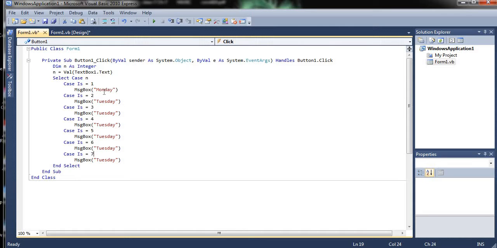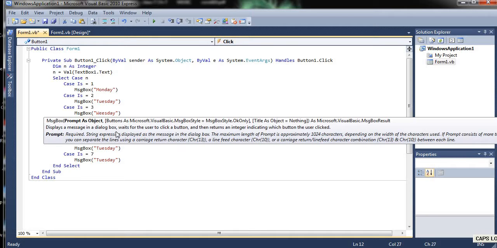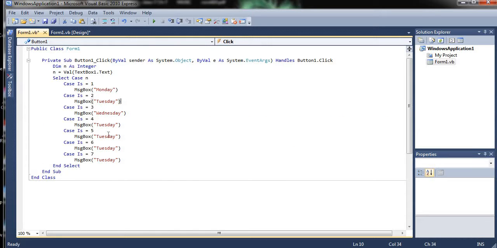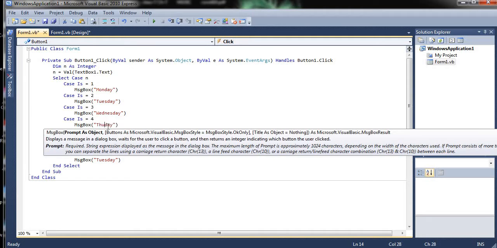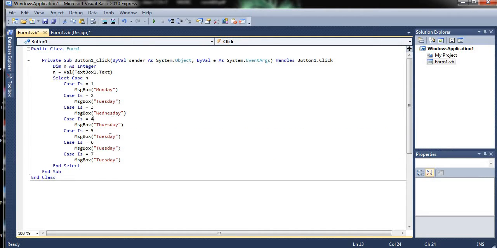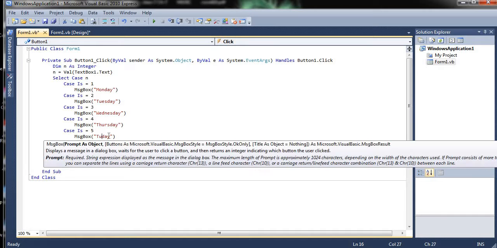1, 2, 3, 4, 5, and Monday, Tuesday, then the third day is for Wednesday. Wednesday, right? And after Wednesday, next is Thursday. Thursday, after Thursday, Friday.